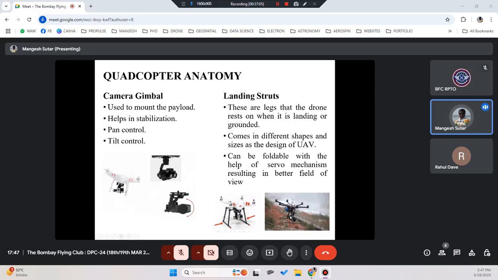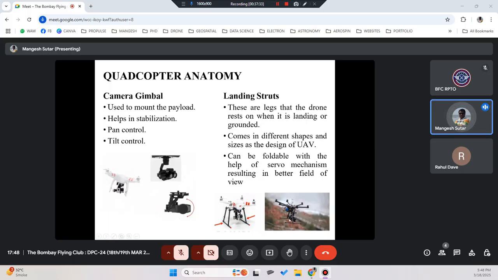Inspire. You will see this landing gear, when it is in flight, it goes up so that it is not obstructing the view of the camera, and then the camera can take a complete 360 degree view of the location without moving the drone. So the drone will be constant, and using the gimbal you can move the camera in 360 degree. That's the pan motion. So a lot of the time it was seen that